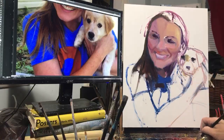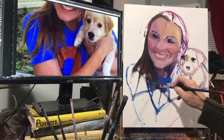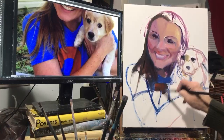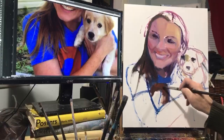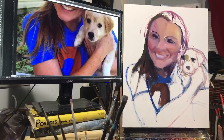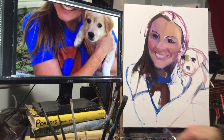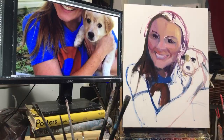I want to get the reddish orange of that number there. And that I can clean up later by getting a pretty clean mixture of the orange, red, and white. Okay, so I'm not going to worry about that till later. Sometimes if I want a really clean color, I'll use my palette knife to do the mixing, so the only colors that I get in the mixture are the two colors that I want, or the three colors. I'm doing that now, trying to get a little bit